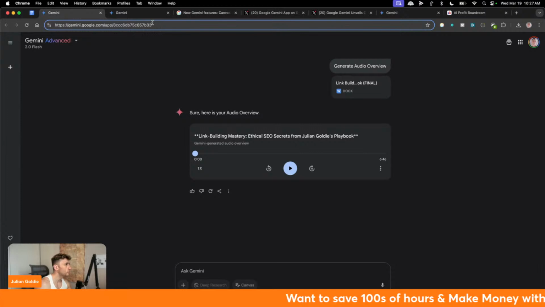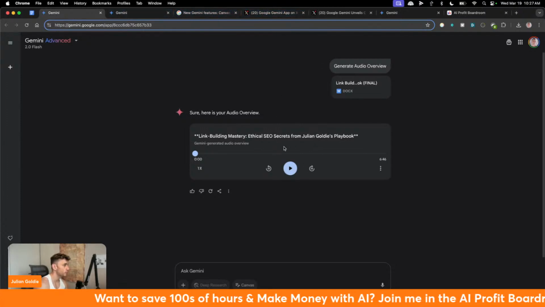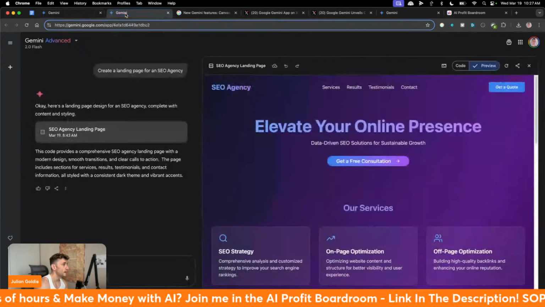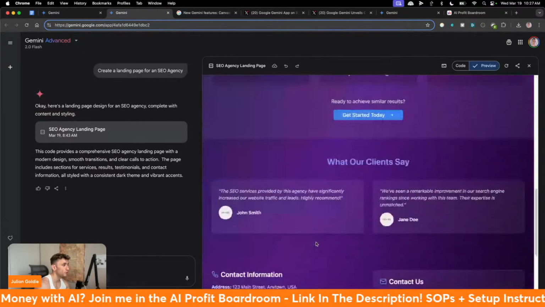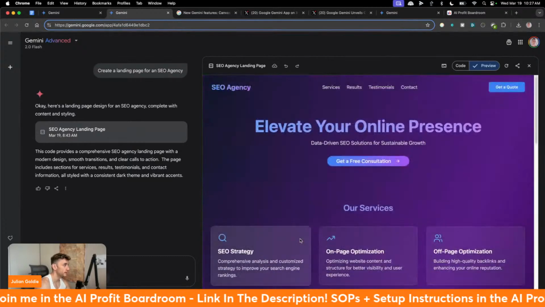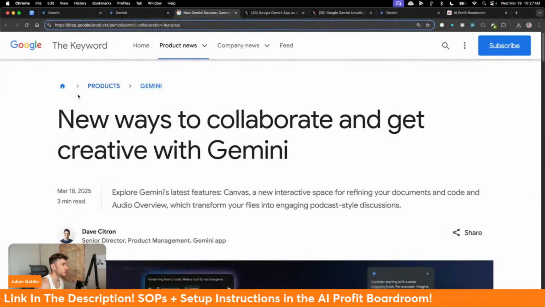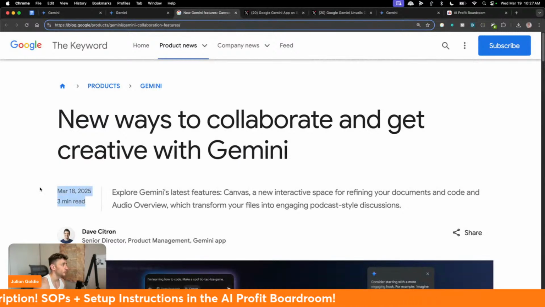This new Google Gemini update is absolutely insane. So what you can see here, for example, is we can generate audio overviews just by uploading a document. And additionally, you can create absolutely awesome landing pages like you can see right here using the brand new update from Gemini. Now, this is a bit of a game changer because